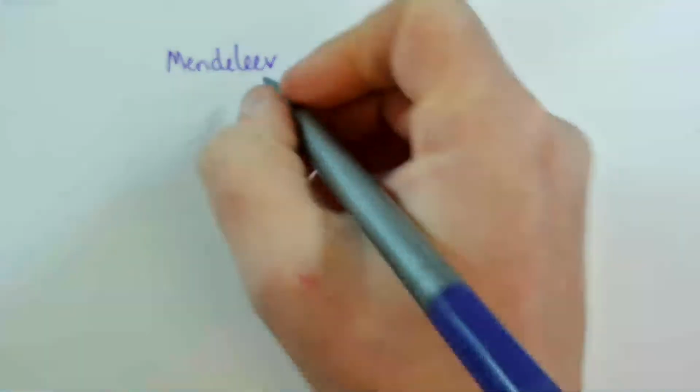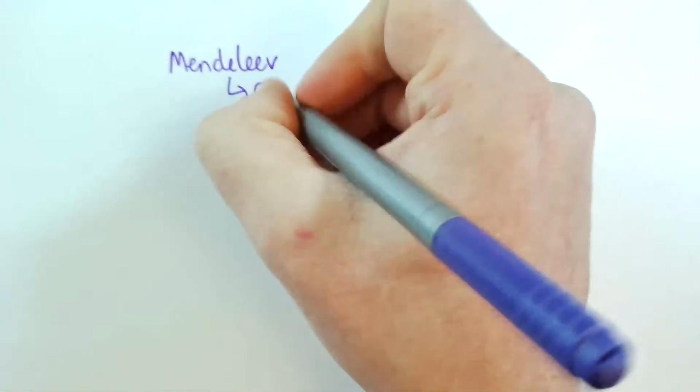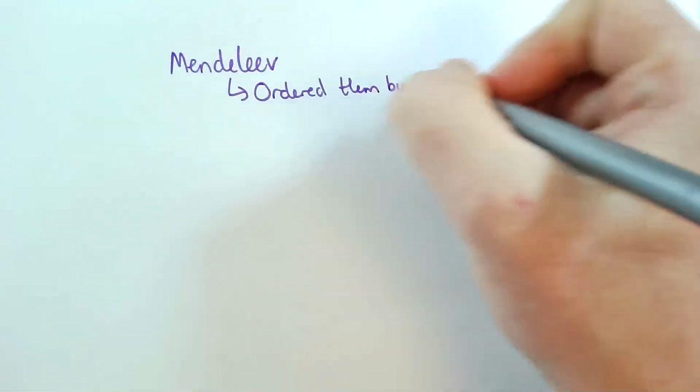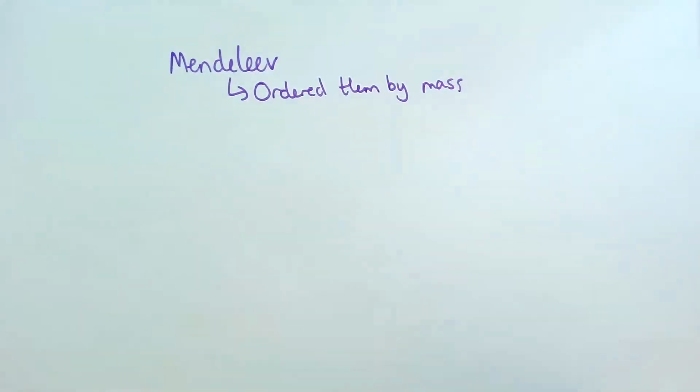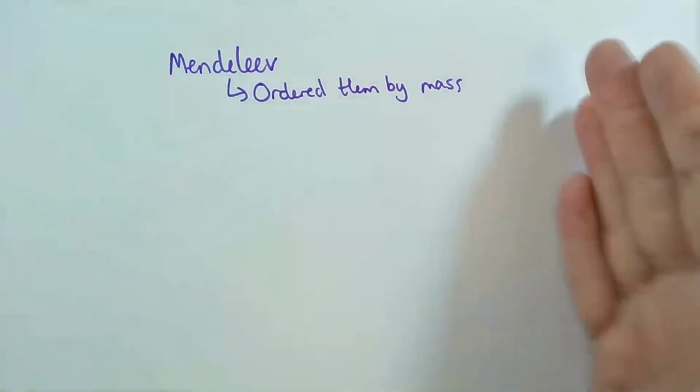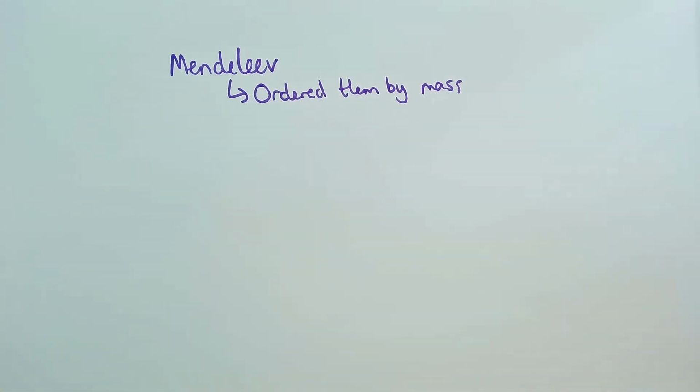Okay, now what Mendeleev did is he first of all ordered them by mass. Bear in mind, he does not know about protons, he doesn't know about neutrons, doesn't even know about electrons at this point. He just knows we're still at the Dalton world of we can weigh them. We can see there's some heavy ones, there's some light ones. So first thing he does is he puts them in order, all right?